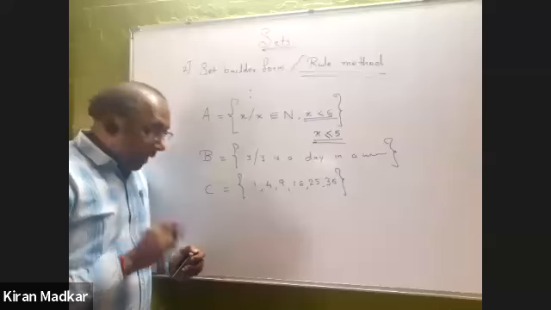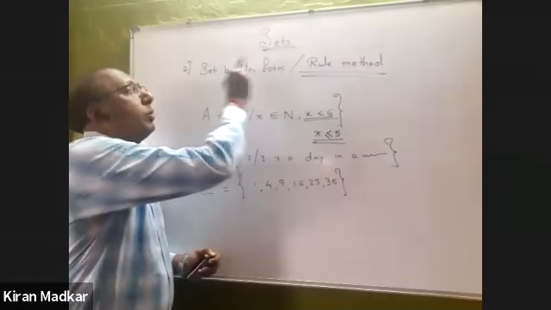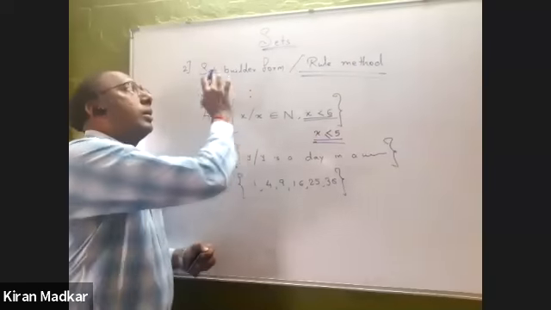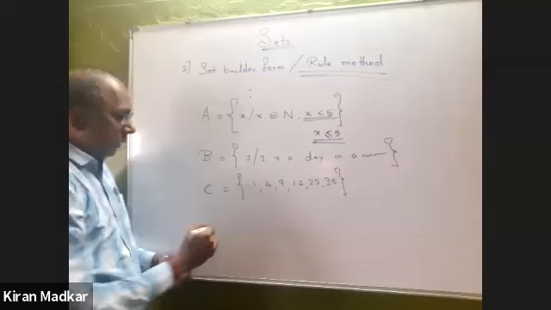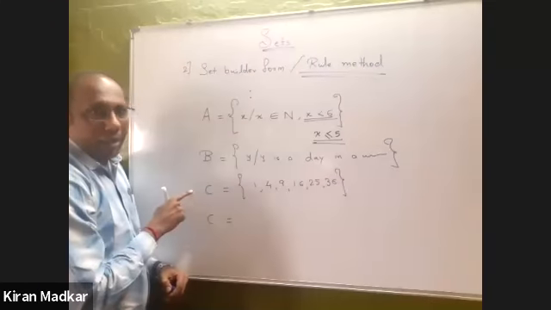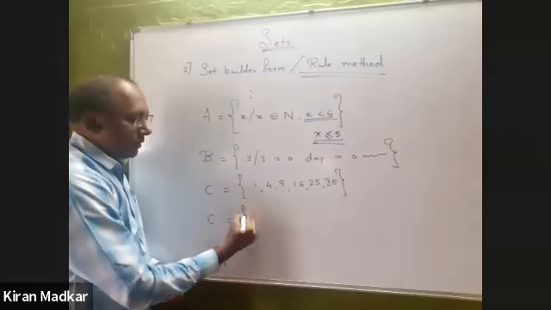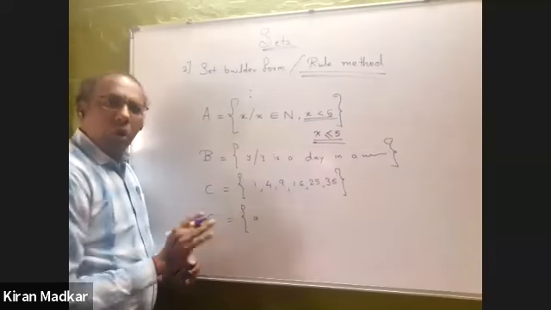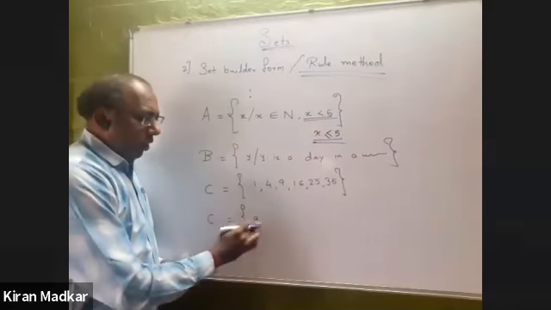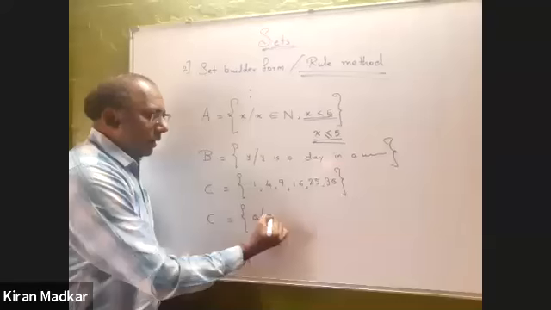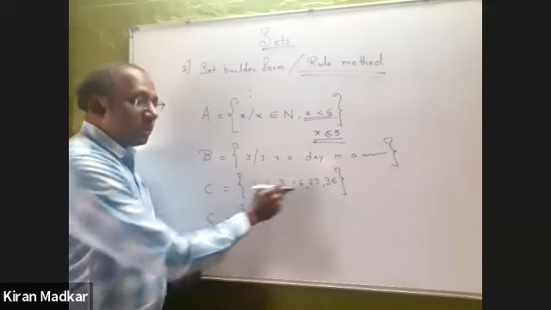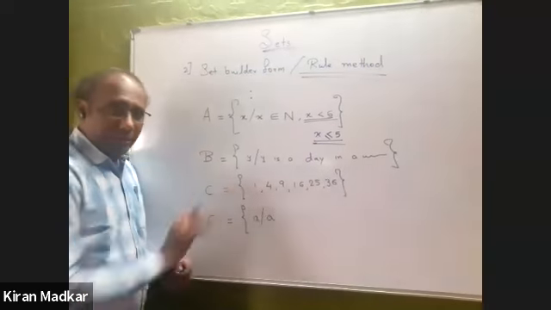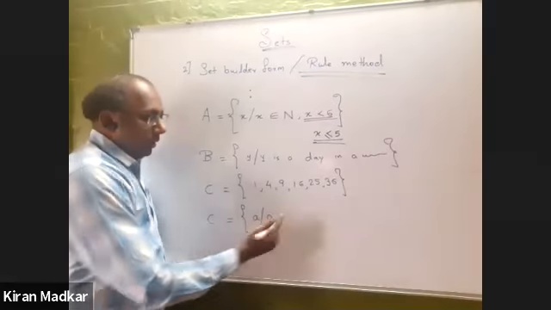They are squares. Now, if I have to write this in set builder form, the rule method, how will I write it? The name is given as C, so I take C. It is a set of all, and inside I can take any variable. Let us say A this time; it doesn't matter. C is a set of all A such that A is a